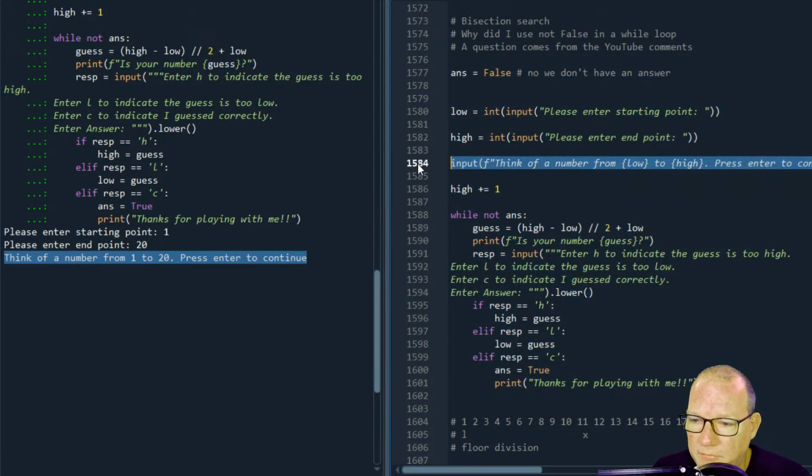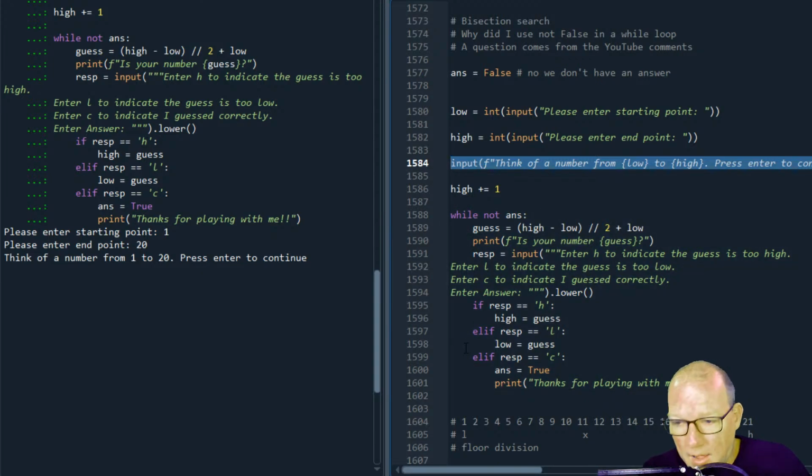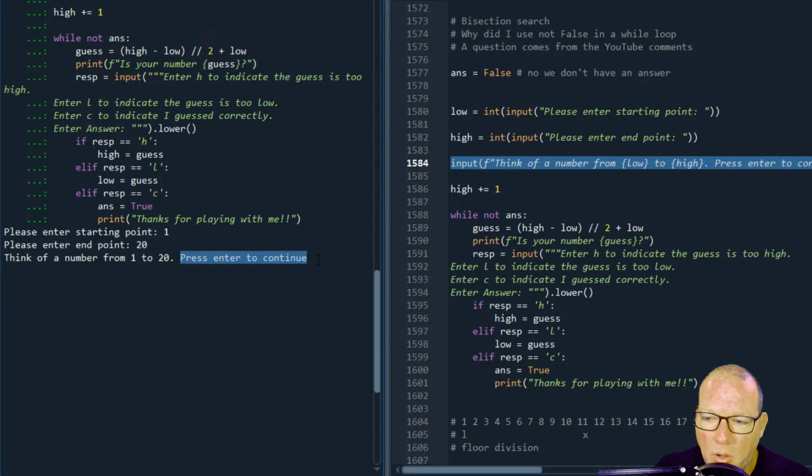So on 84, what I'm doing is this is just still an input that is coming out. Oh, why am I not assigning it to a variable? Great. Now I got it. I am so sorry. Because I didn't need to collect that information, but I wanted it to pause. So that is a plus of what the input function does, is it sits and waits for information and feedback.